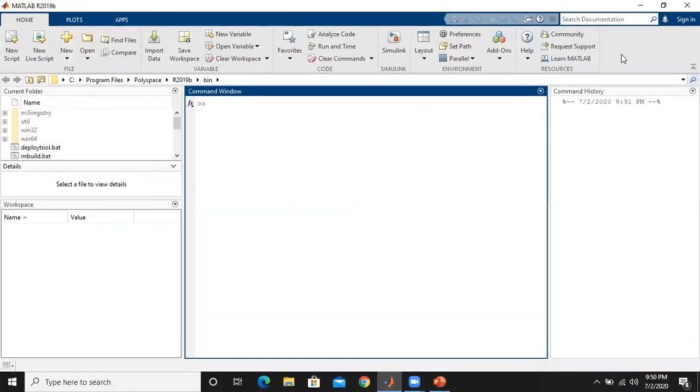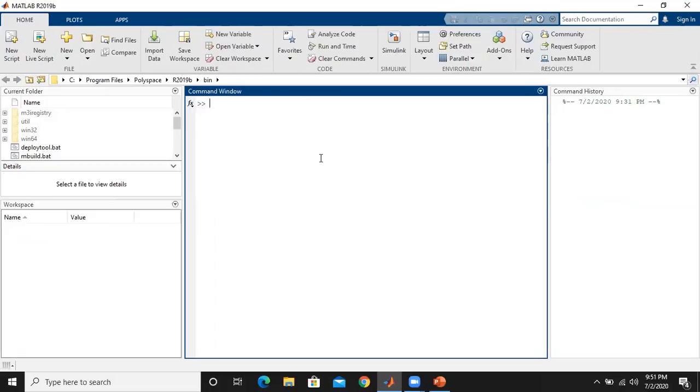Now when you click on the MATLAB icon on your desktop, this type of window will appear. There you can see various windows. Here we have the current folder, which contains the current working directory, folders and files, and the workspace, which contains two columns, name and value, where it stores the name and value of the instruction or command that is executed. In the command window, we are going to execute the MATLAB instructions or commands. In the command history, the history of the commands that we type in the command window will be maintained.